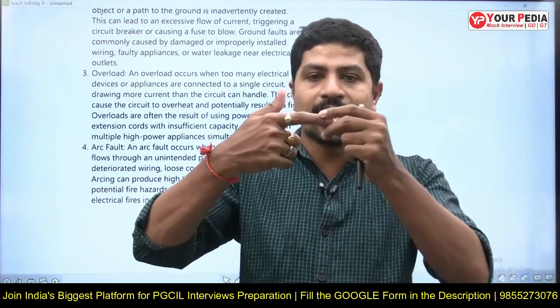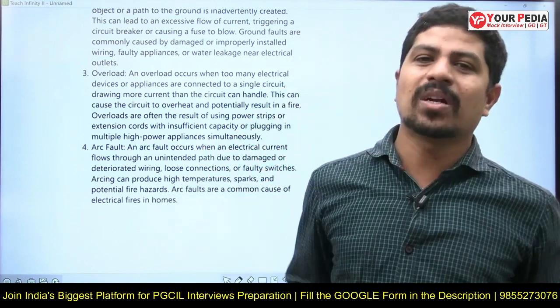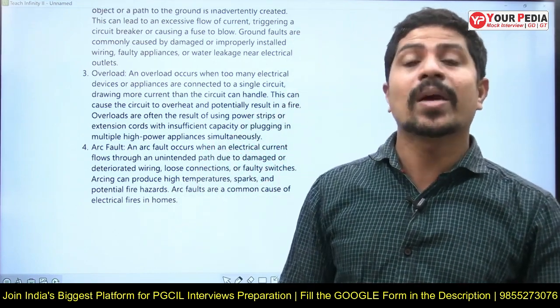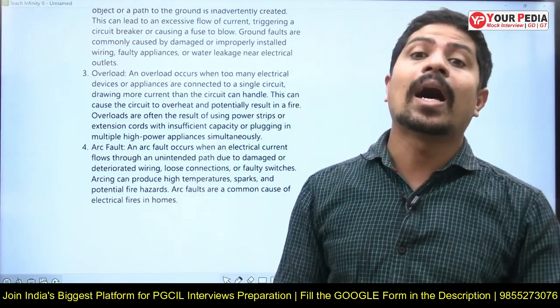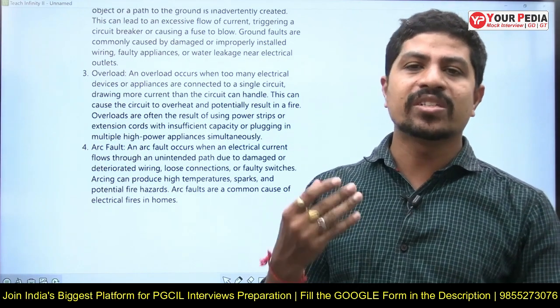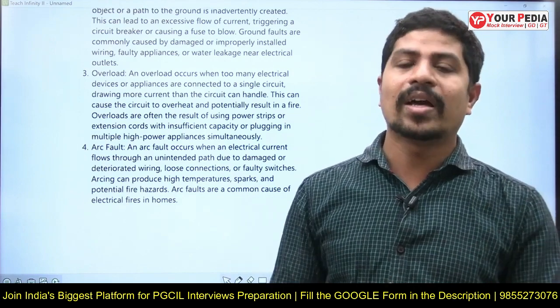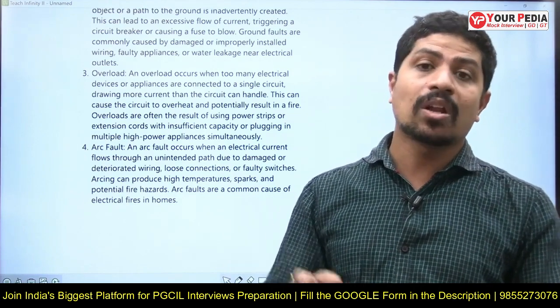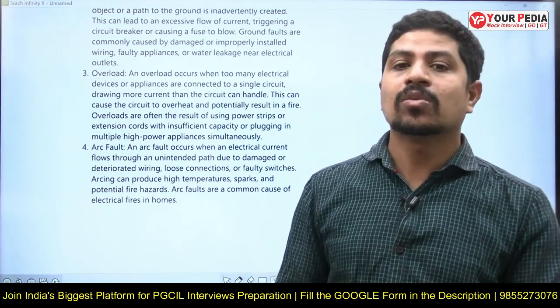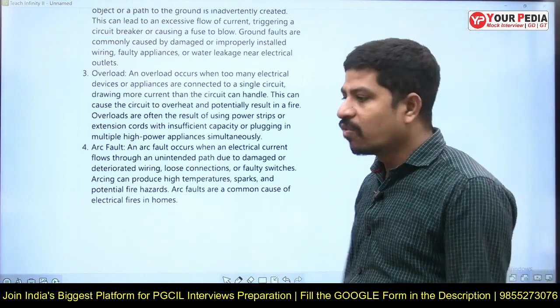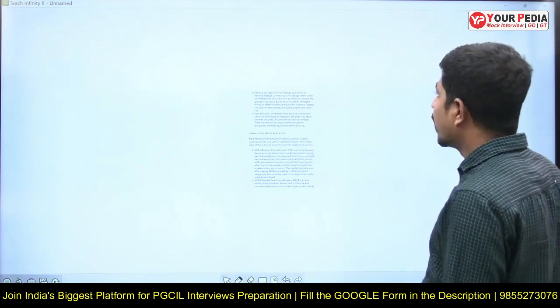Suppose this is the wire, and on it you kept insulation, but that insulation does not have withstanding capacity, then an arc will occur, due to which the insulation will be damaged, sparks will come, and fire will be created. Lots of faults are happening these days due to this. So one must be very careful with this type of fault. Let's go to the next question.